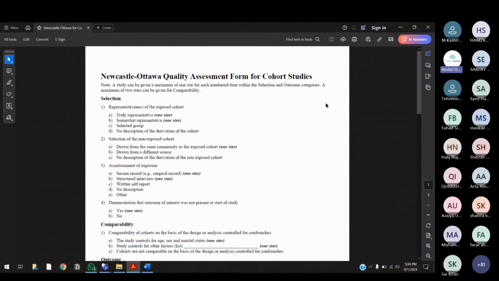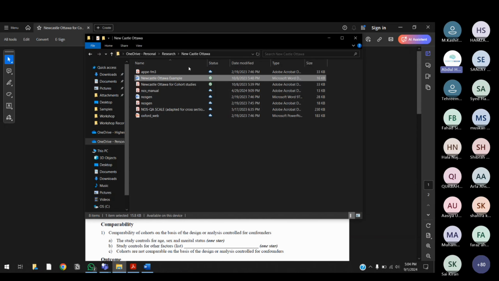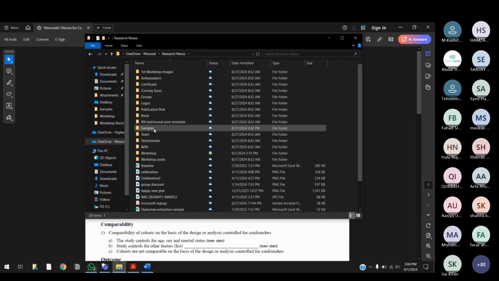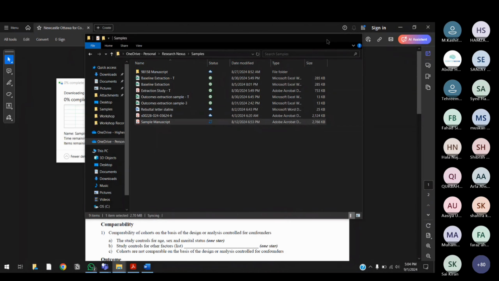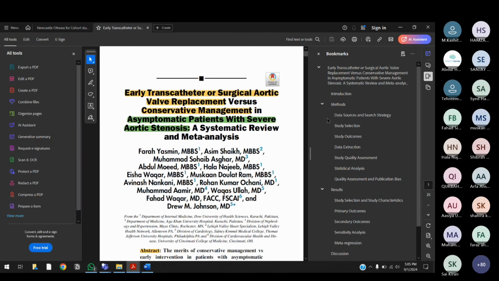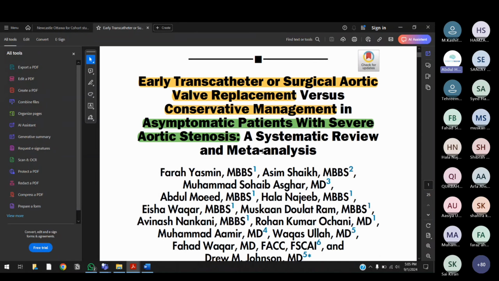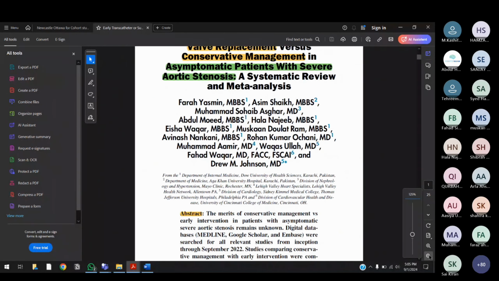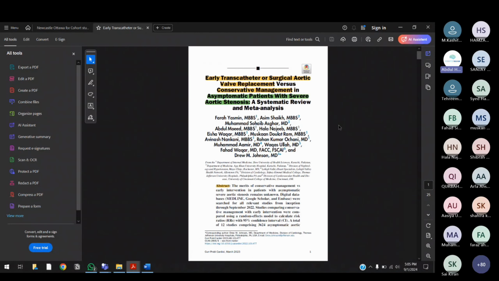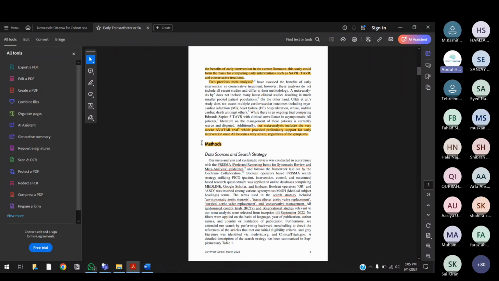It's just 1 page. अब मैंने आपको बोला कि भाई quality assessment में क्वेश्चन होते हैं, you have to find the answer in the manuscript, in the article, ठीक है? तो article में कहाँ पे आपको आंसर मिलेगा? आर्टिकल के मेथड सेक्शन में आपको आंसर मिलेगा, ओके? I'll just open a sample. So, if you have a manuscript, सही है? ठीक है? I have a manuscript. इस manuscript के मेथड सेक्शन में, तो ये मेथड सेक्शन होता है, इस मेथड सेक्शन में क्वालिटी असेसमेंट के आंसर्स अवेलेबल होते हैं, ठीक है?